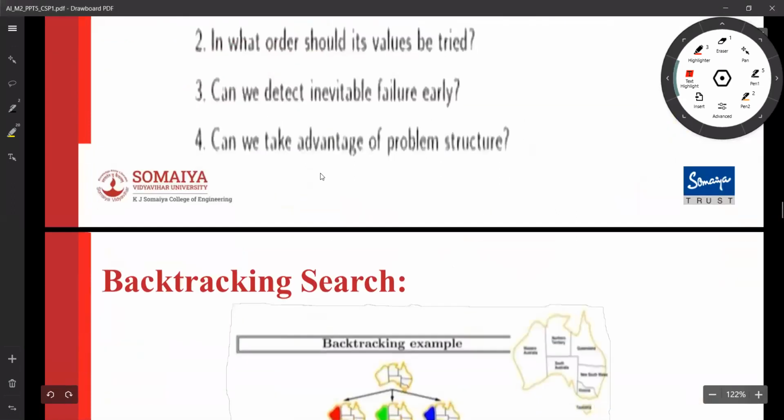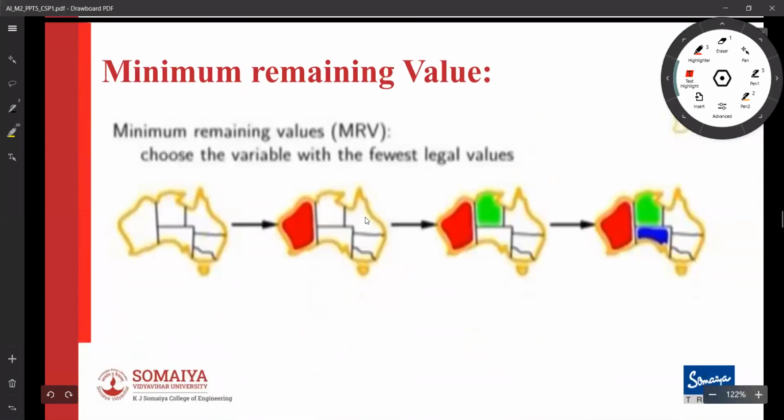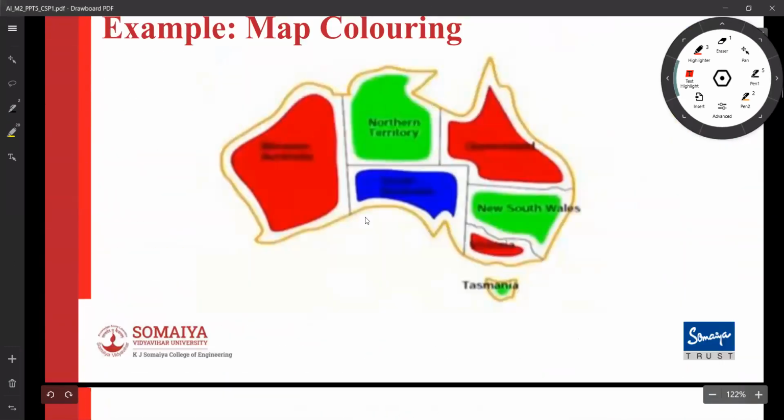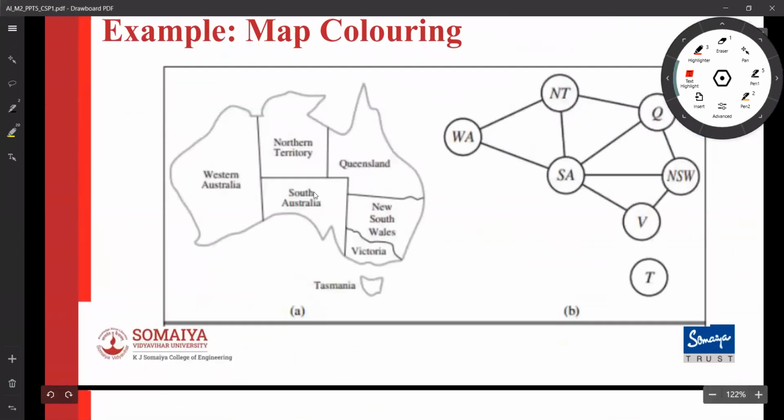You can see from this graph, which I made bigger over here, that South Australia has more constraints because it is adjacent to 1, 2, 3, 4, 5. All the states are adjacent to South Australia.